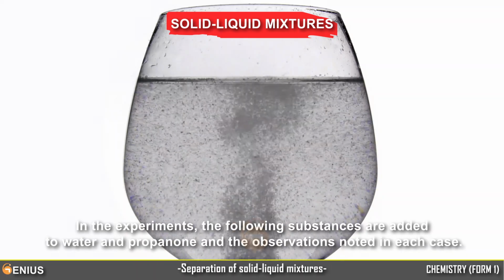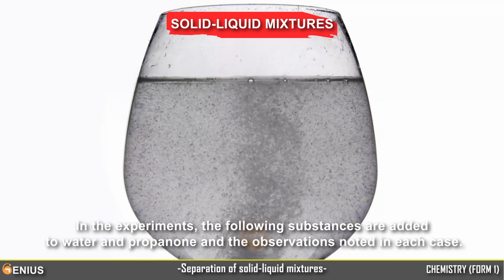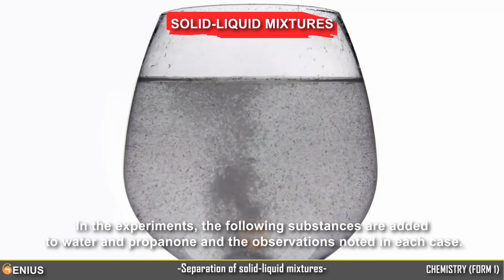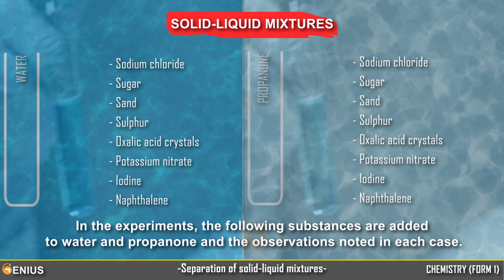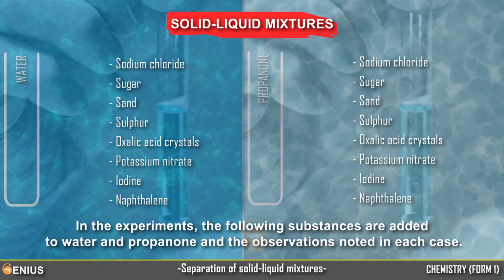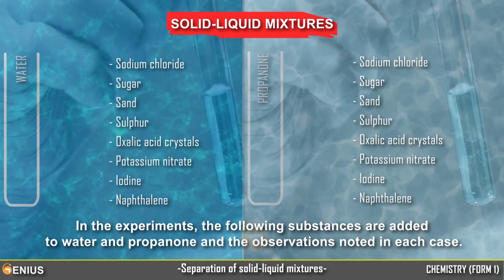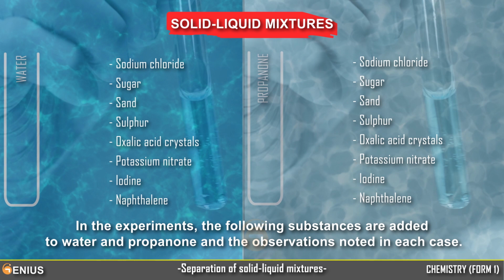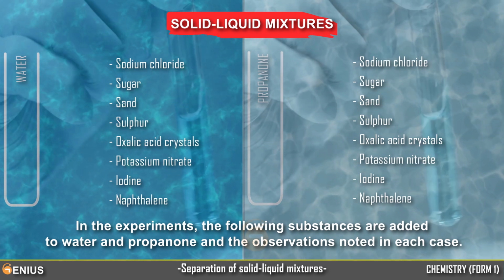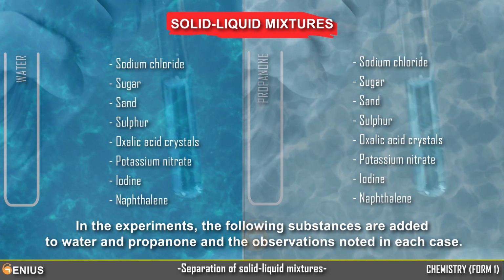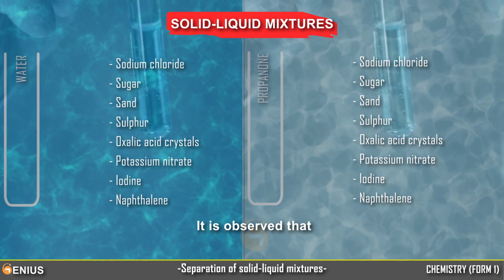In the experiments, the following substances are added to water and propanone, and the observations noted in each case. Sodium chloride, sugar, sand, sulfur, oxalic acid crystals, potassium nitrate, iodine, naphthalene. It is observed that